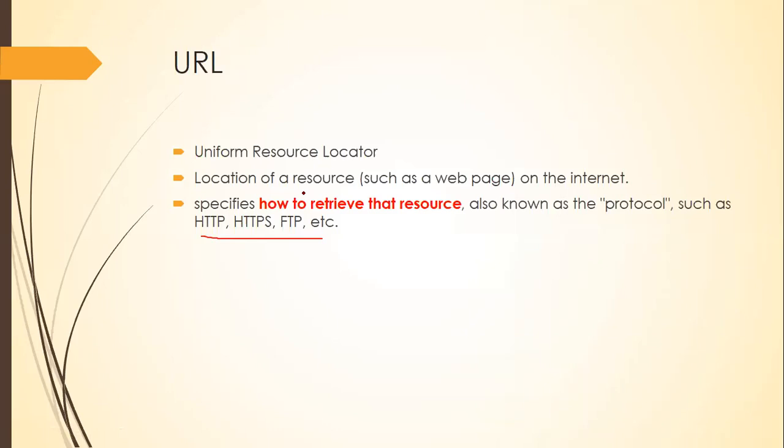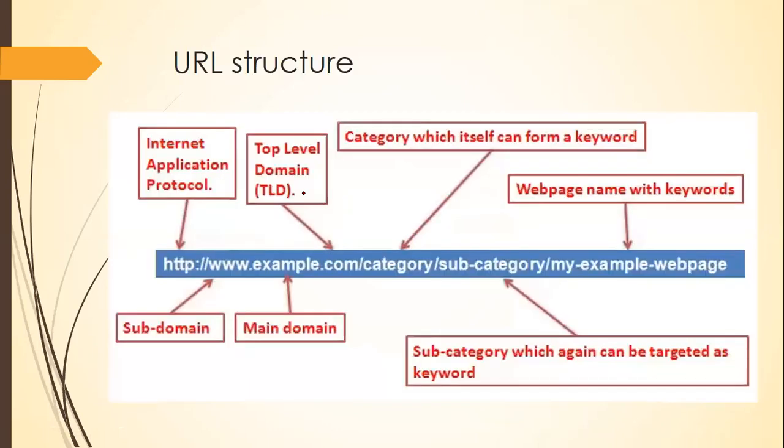Now, before we go into details about the URL class, let us see what a URL looks like. When you browse, this is the normal way in which a URL will look. So let's start from the left. In the beginning, you might have HTTP. Sometimes it might be HTTPS. Sometimes it might be FTP. Whatever you have in the beginning is the protocol through which this URL is accessible. You call it the Internet Application Protocol. That is the first portion.